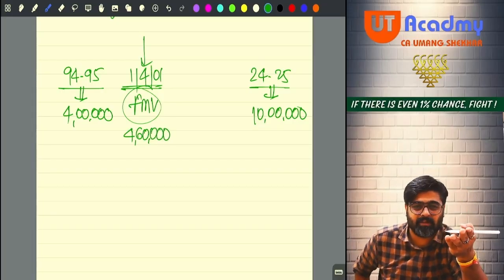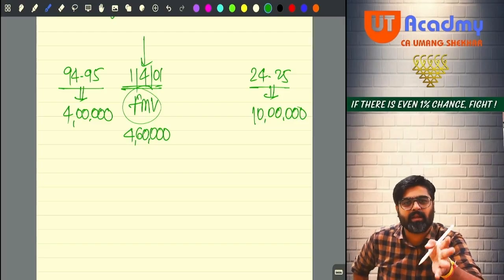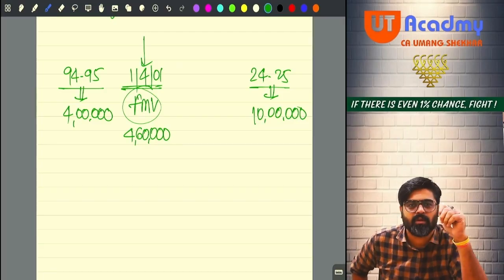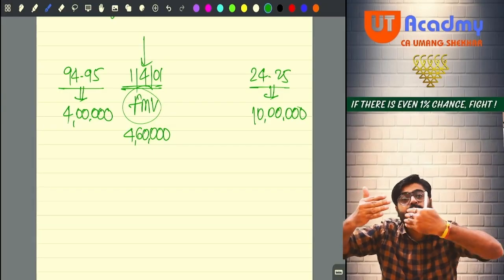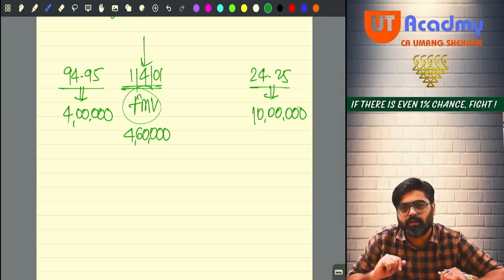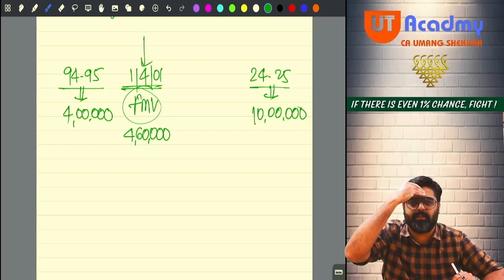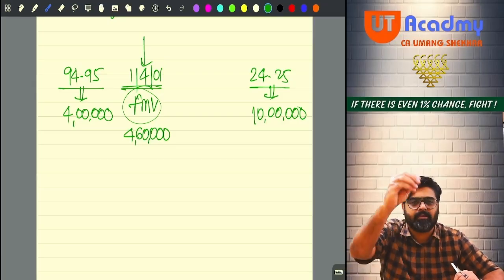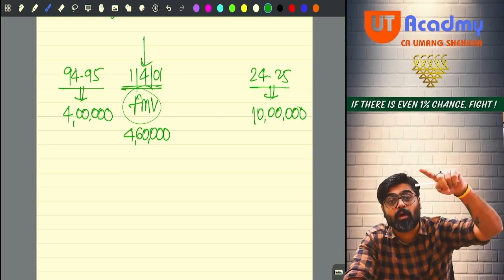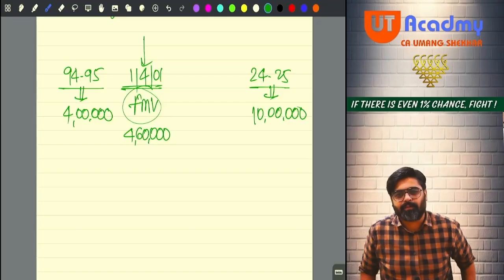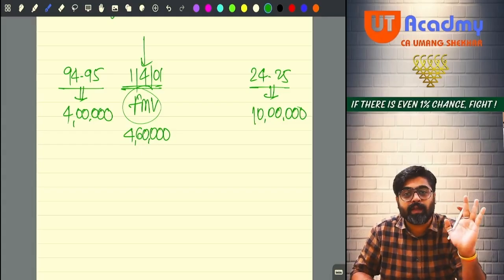Now there is a characteristic of the asset. Whenever you invest in a capital asset, the value of the capital asset slowly and gradually keeps on increasing. Yes or no? So you bought in 93-94. By the time 2001-02 comes, its fair market value will increase, and it will increase to 4 lakh 60, for example. It can be any amount. It can be 5 lakh also, it can be 6 lakh also. But in our example, we are taking 4 lakh 60. Section 55(2)(b) is giving you an option. What option? If you want, you can take this fair market value also as cost of acquisition.